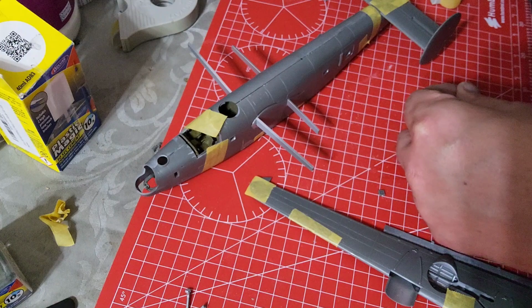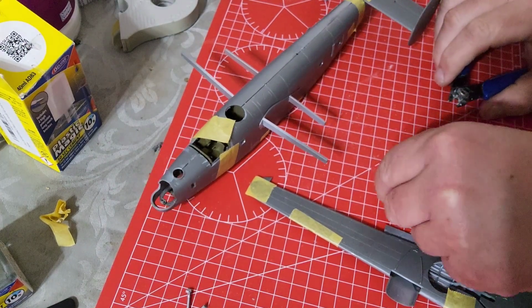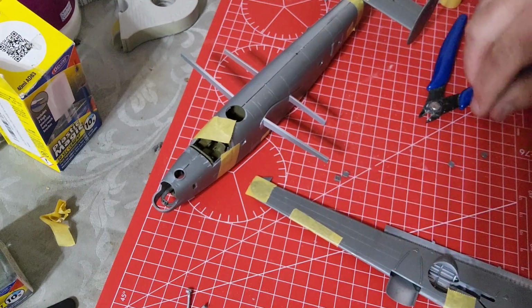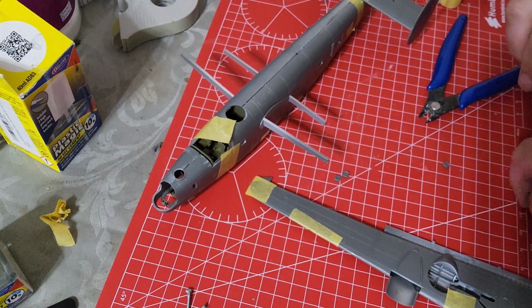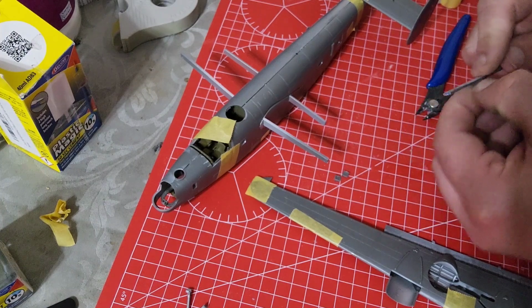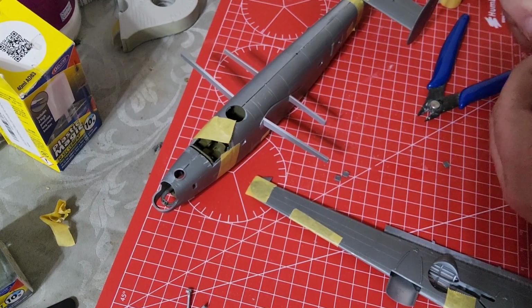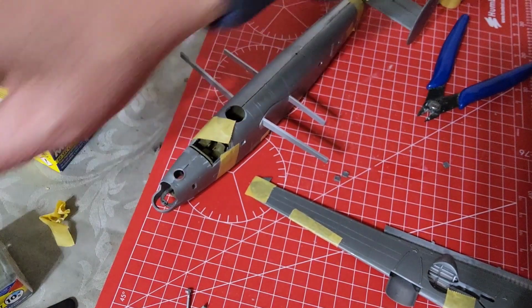There's no point. So what we need to do is keep those two bits separate because they go on the other wing. And we'll just, and then what we'll just do is